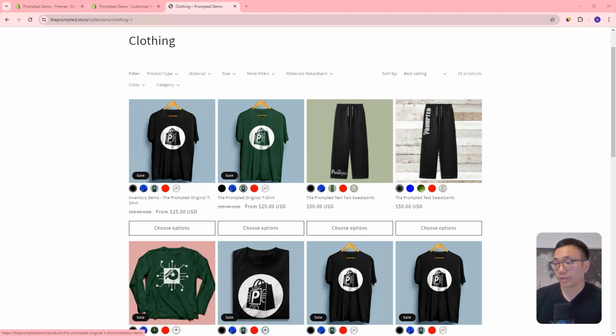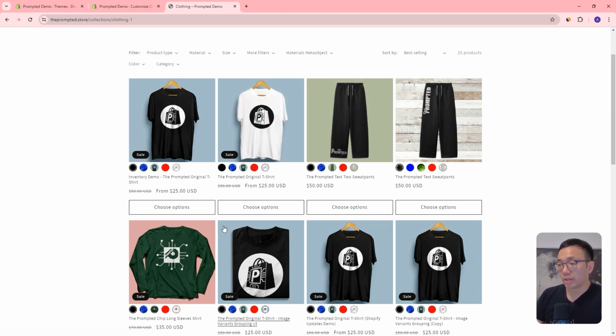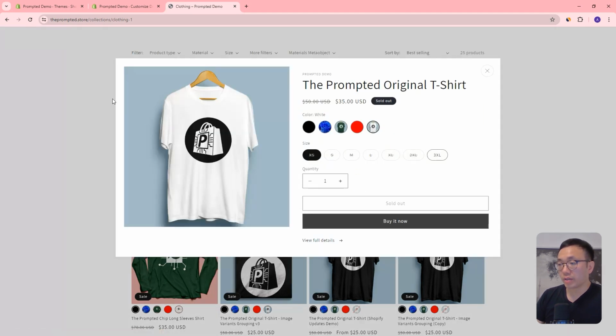So here it is. Okay, so we're on our demo store here. You can see we have our swatches in the product cards. And if we just click on one of these images, then you can see here that it changes the color. Now, if we go into our quick add, we can also pop up the quick add window, and we can